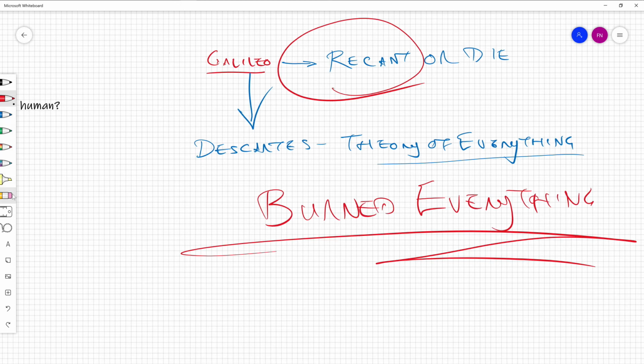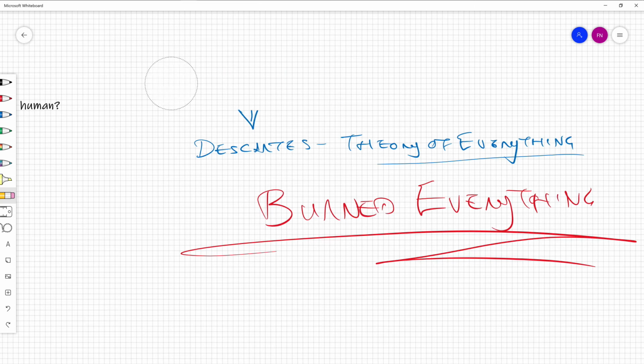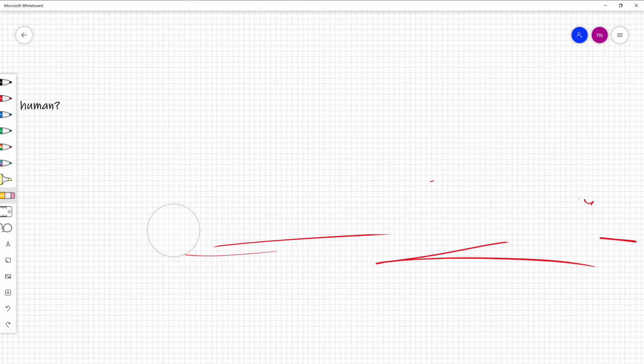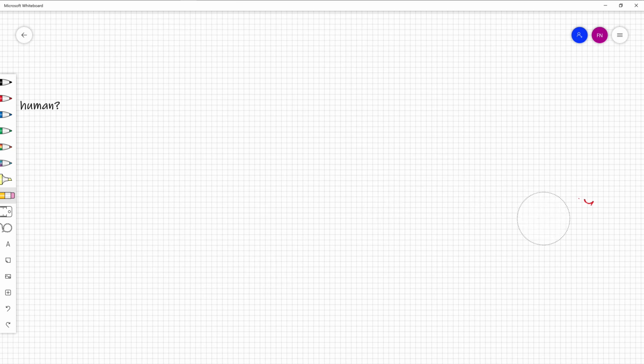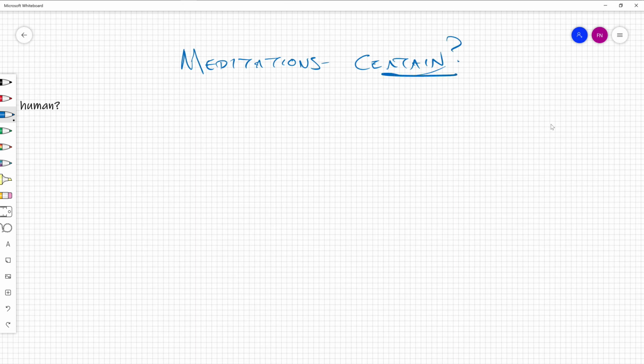Let's look more closely at how Descartes responded, because it set up the beginning of what I call the age of denial and is responsible for the fissure which keeps us from living in one world and thinking about the world in a very different way. The book, excerpts of which we'll be reading, is called The Meditations. And it begins with a very simple question: what can I be certain of?